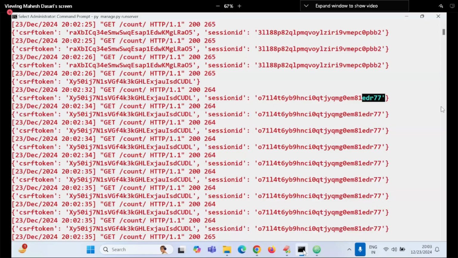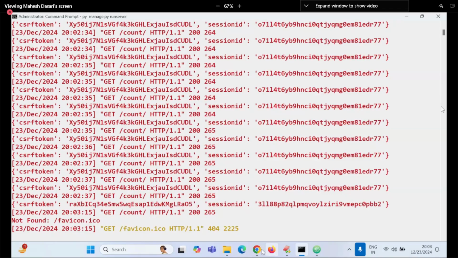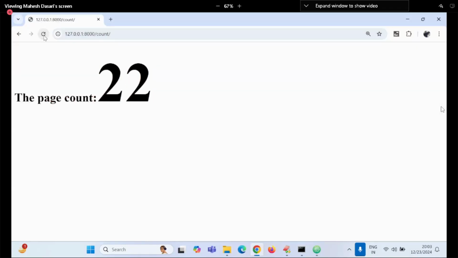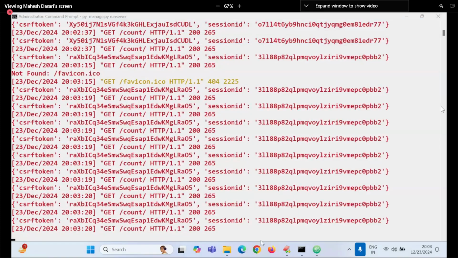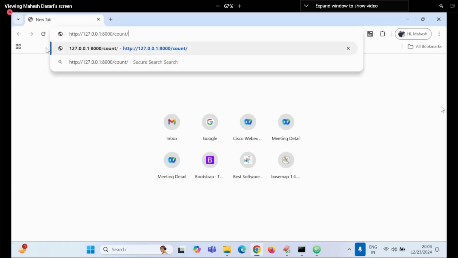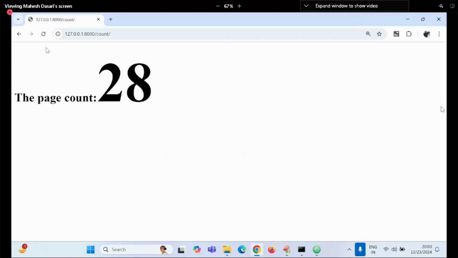Now see this. It is 18, 19, 20, 21, 22, 27. Close, open a new browser, still it will be continued. With cookies, the data is available browser side; once you close the browser it will be gone. But session